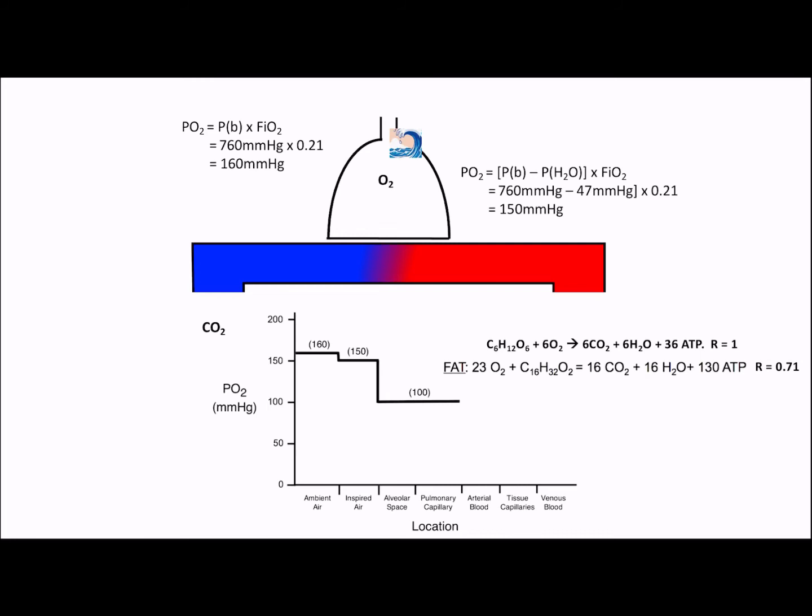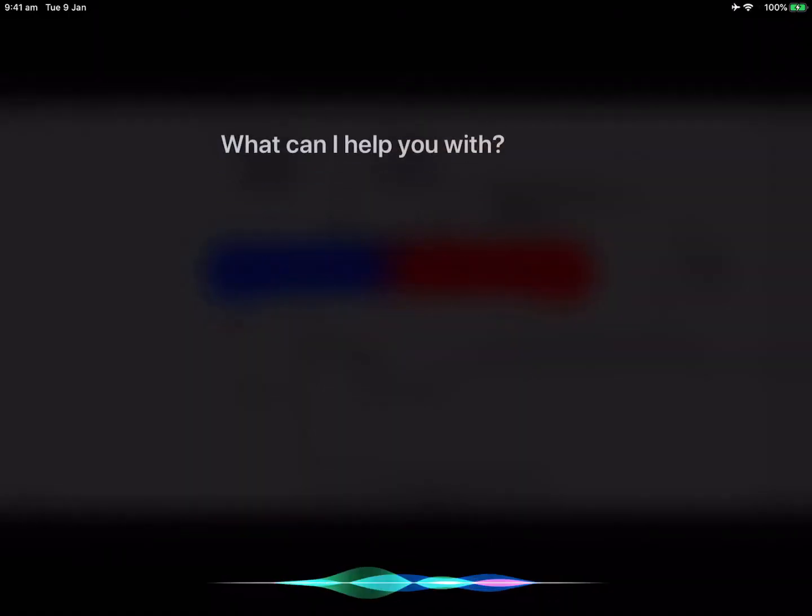So we've brought in oxygen at 160 millimeters of mercury, assuming it's room air. It's been humidified, and that accounts for that 10 millimeter drop to 150 millimeters of mercury. And we followed this equation here. But what happens when we get to the alveoli? Remember what's happening in the alveoli. Oxygen is diffusing into the pulmonary capillaries, and carbon dioxide